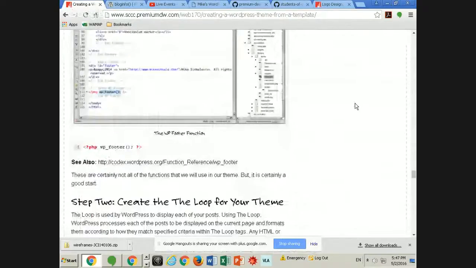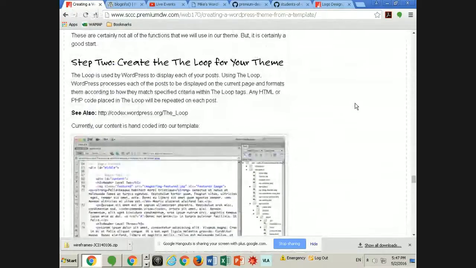Now let's talk about the loop. What is the loop? Well, let me read that to you. The loop is used by WordPress to display each of your posts. Using the loop, WordPress processes each of the posts to be displayed on the current page and formats them accordingly to how they match specified criteria within the loop's tags. Any HTML or PHP code placed in the loop will be repeated on each post or page. Okay, so basically,